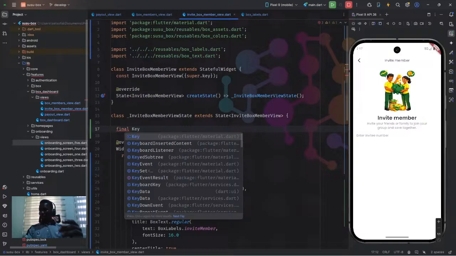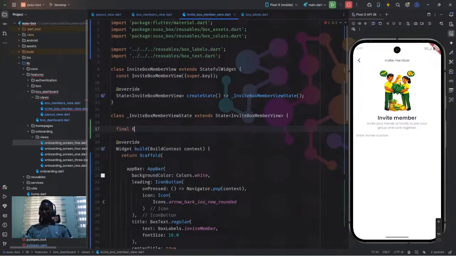So let me create a key. Let me say form key. I'm not going to use this variable. So final form key is equal to